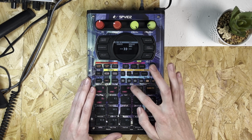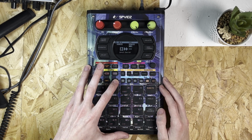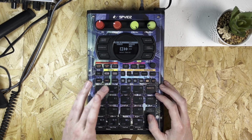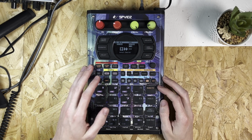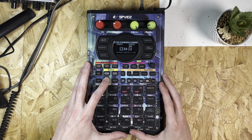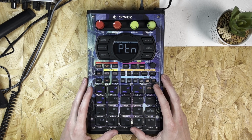We can do copy, choose the pattern, then do remain, and now I can select the samples I want to copy across. All we have to do is hit them here. They're the only ones that I want. I come out of remain, I choose the pad that I want to copy to, and I press copy. And now when we listen to that back,